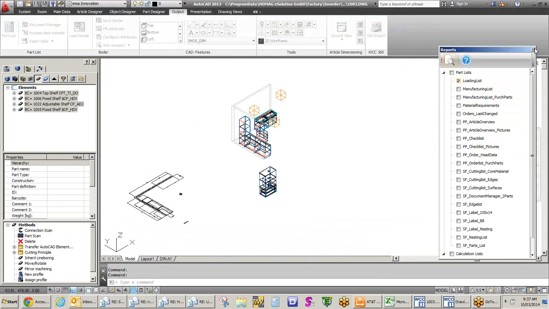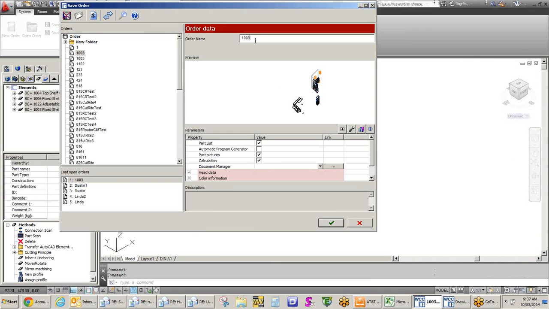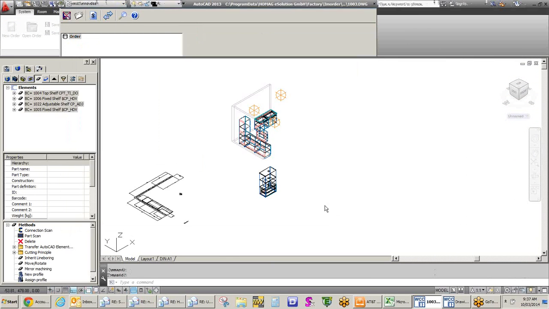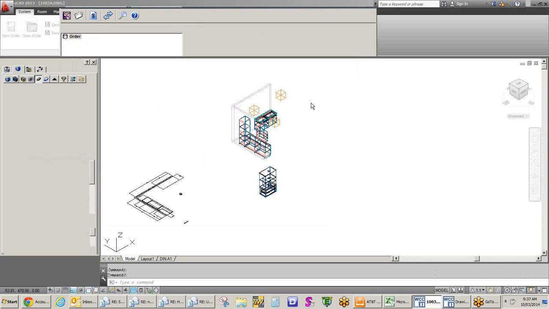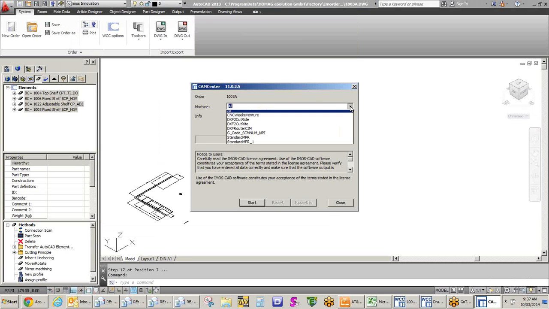The other thing Roger had mentioned is that we might want, I'm just going to change this to 1003A, and I'm going to say I want to do this again. He thought that possibly you would want to see what it might be like for the future if you guys moved into nested-based manufacturing. So I'll take you through that path real fast. It'll just take a moment, and I'll tell this that I want this to flow out to Cutright in this case,